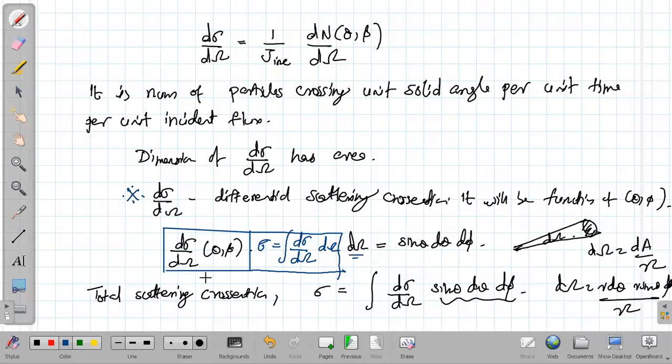We can study the scattering problem in different frames of reference. The lab frame is our frame, and the other one is the center of mass frame. The advantage of the center of mass frame is that we can convert a two-body problem into a one-body problem, so the problem becomes slightly simplified. There are certain mathematical steps and algebra involved in connecting the differential scattering cross section in the lab frame and in the center of mass frame.